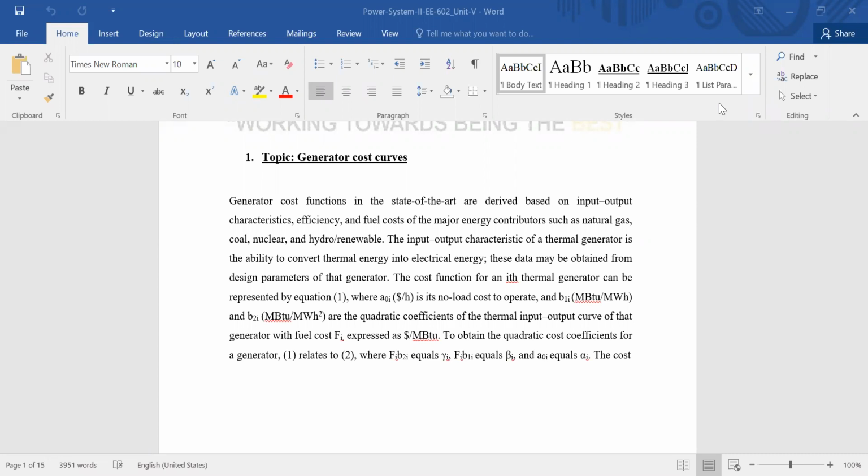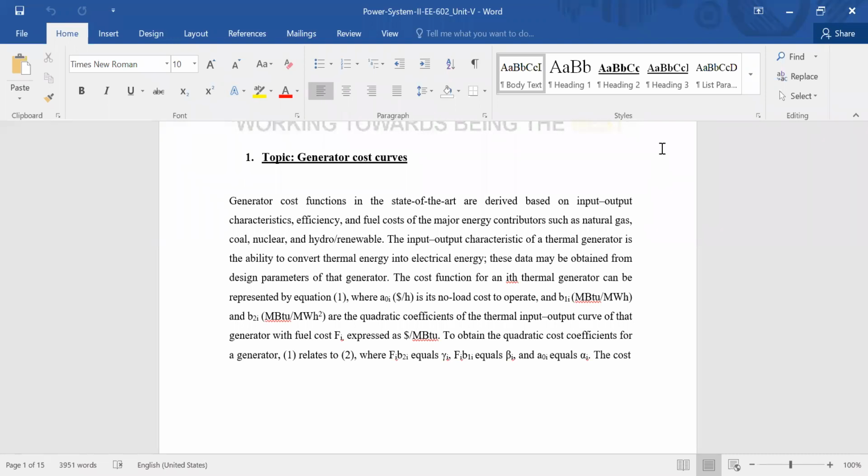So today our topic is generator cost curves, right? Whenever we are talking about generator cost functions, in the state of the art, it is based on the input and output characteristics, the efficiency, and the fuel cost